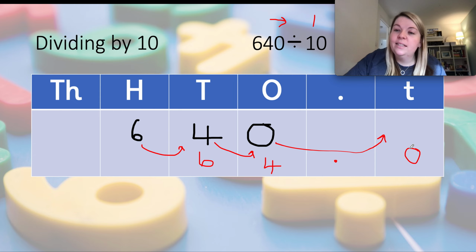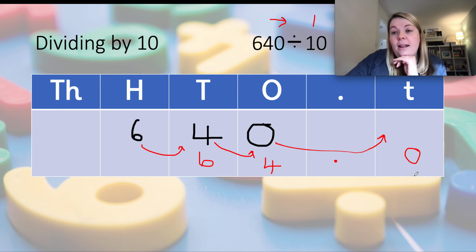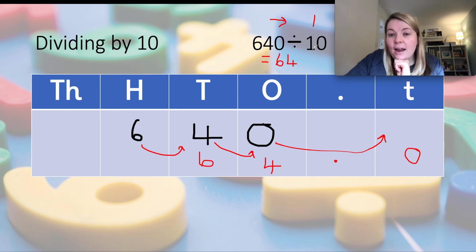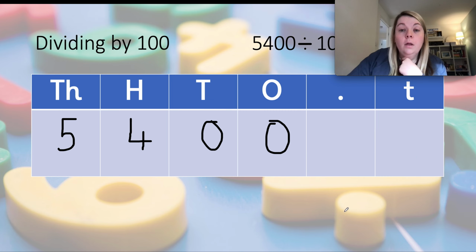And because it's 0.0, I don't need to write it because there's nothing else after the tenths column. So 640 divided by 10 equals 64. And that is correct because 64 multiplied by 10 would equal 640. So you can check your own answers. Okay,